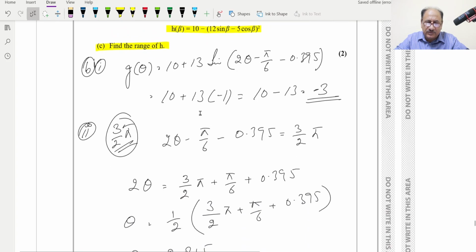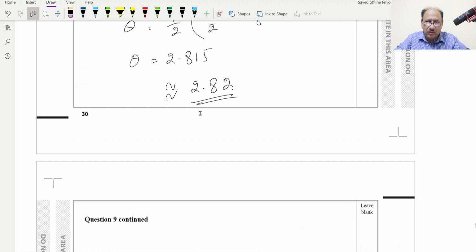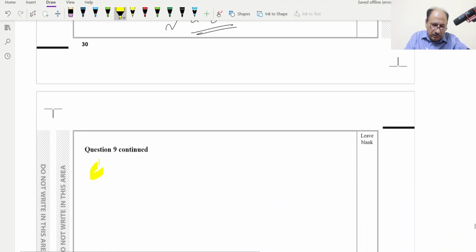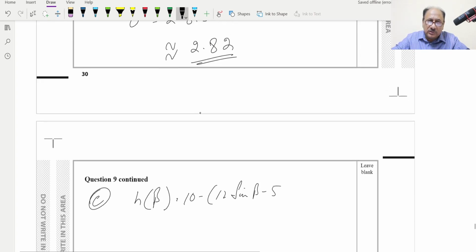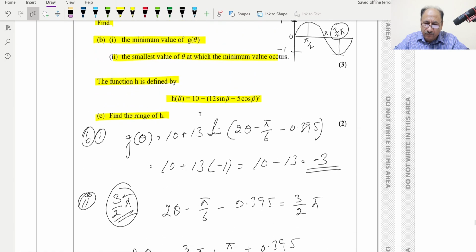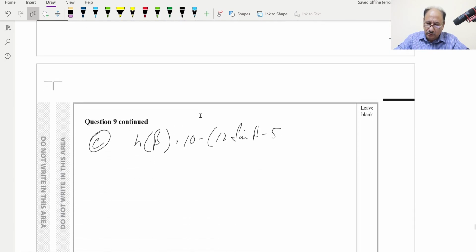Now h of beta is 10 minus 12 sine beta minus 5 cos beta whole square, and we can basically write this in